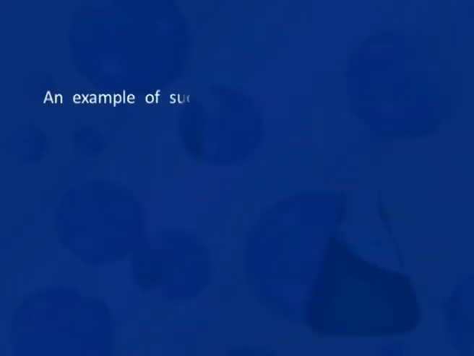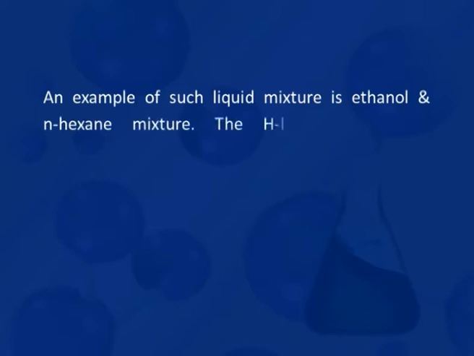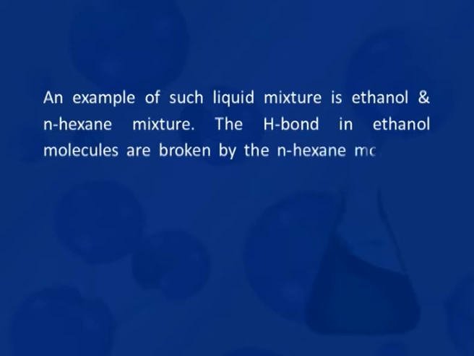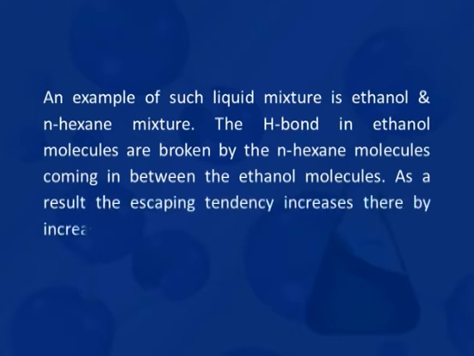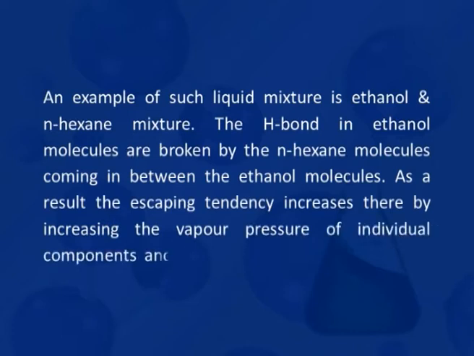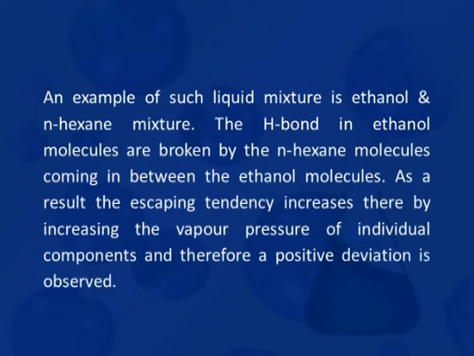An example of such a liquid mixture is ethanol and normal hexane. The hydrogen bonds in ethanol are broken by the normal hexane molecules coming in between the ethanol molecules. As a result, the escaping tendency increases, thereby increasing the vapor pressure of individual components, and therefore a positive deviation